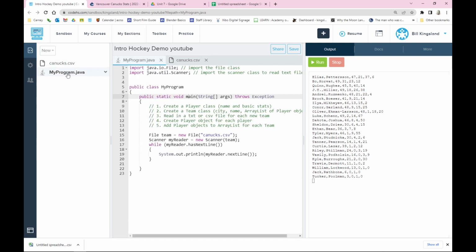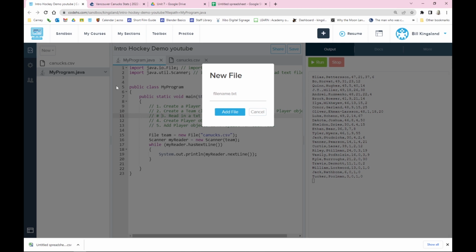Now that doesn't do us a whole lot of good, although that does mean we've done this one here, so I'll just put a little mark next to it. So we can read in a text or CSV file for each new team. That part's not going to be too hard. Down to 4 steps. We've got to create player objects for each of those, and we don't really know what that's going to look like other than we better create a player class because we're going to need a player class to reference. So let's go new, and we'll say file, and we're going to call it Player